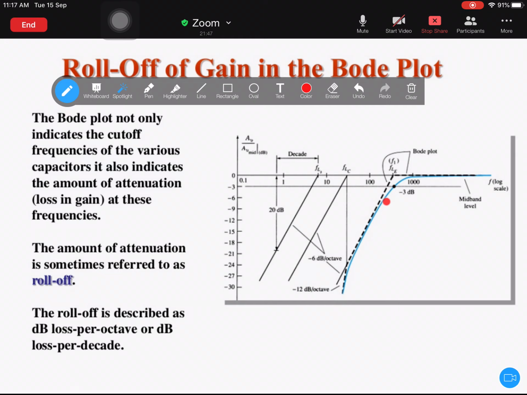At this point it was different, but here it was 6 decibels, and if you take the slope here, it is minus 12 decibels. So the gain is dropping dramatically here. Decibels are nothing but the amount of gain; it shows the amount of gain. If the decibels are lower, it means the gain is very high. Minus 3 indicates the cutoff value. Below that it is good, but above that, minus 6, minus 9, minus 12, it is not desirable to